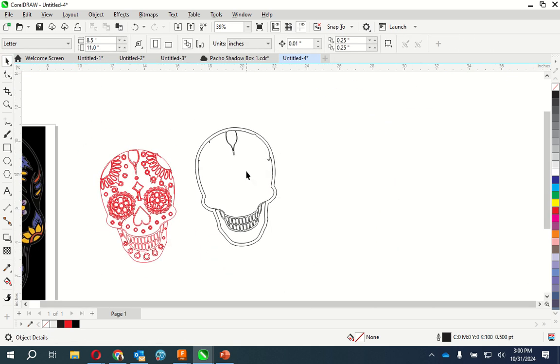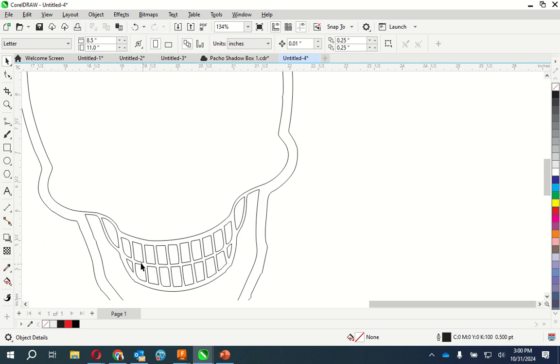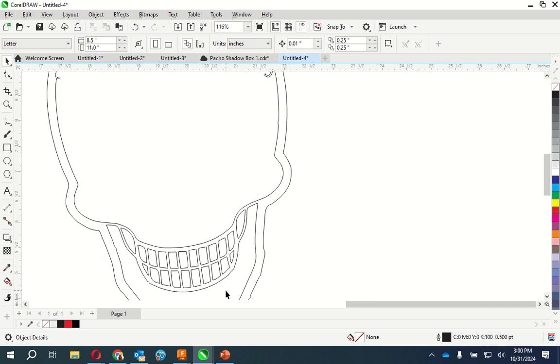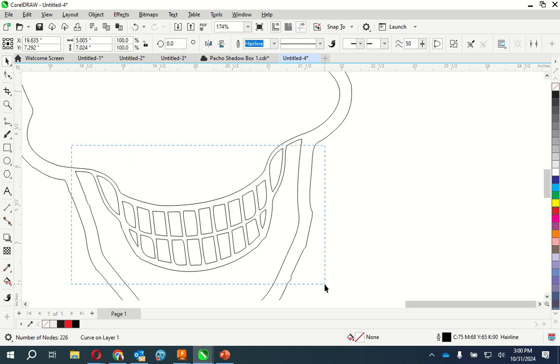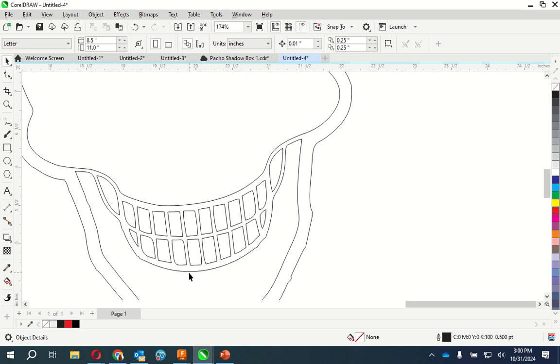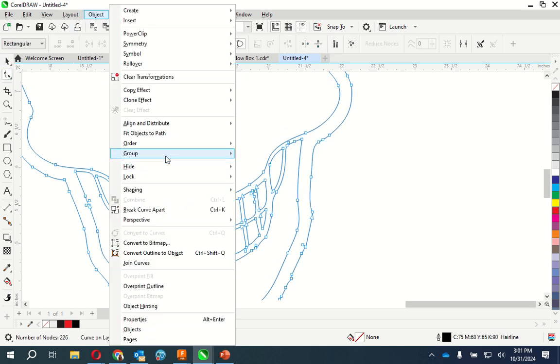So it did it for all selected. So I have those, and the ones that I want cut out, there we go. Object, group,